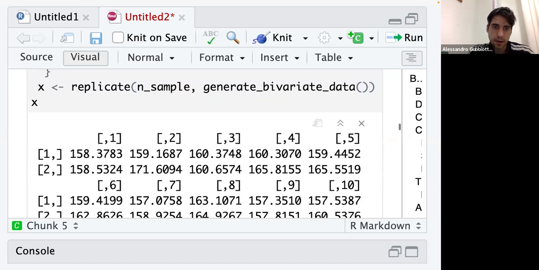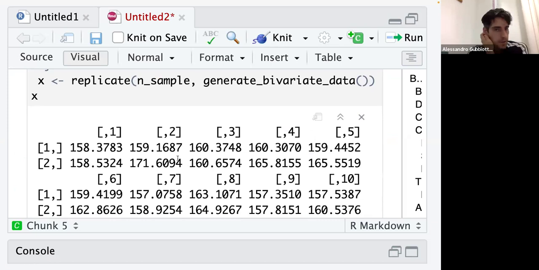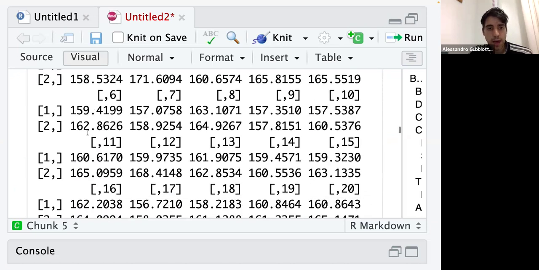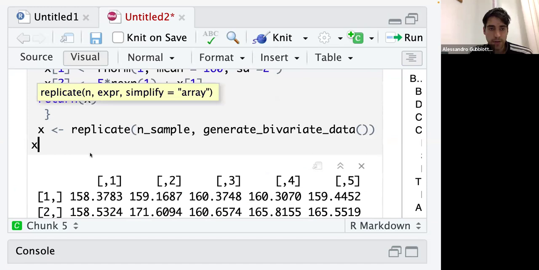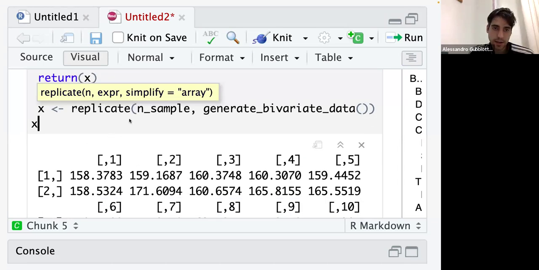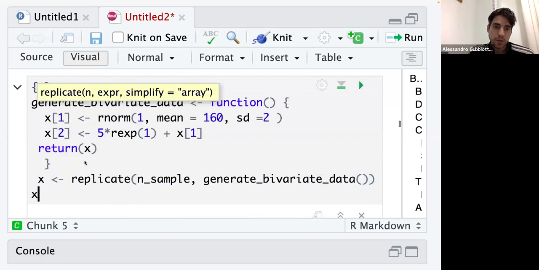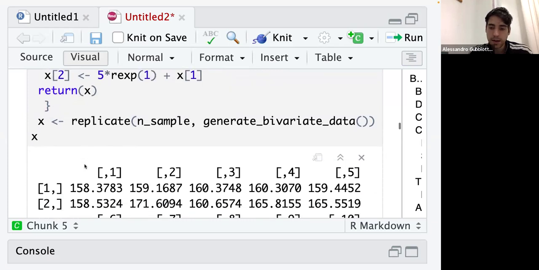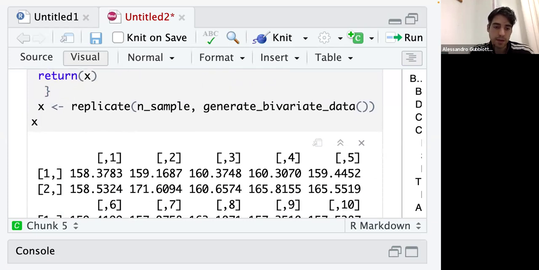Okay, it gives me a list whose elements are these variables that I generated with this function. So probably I can simplify it to be an array, but